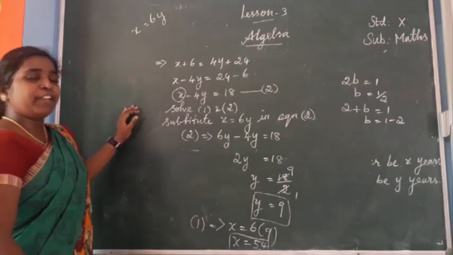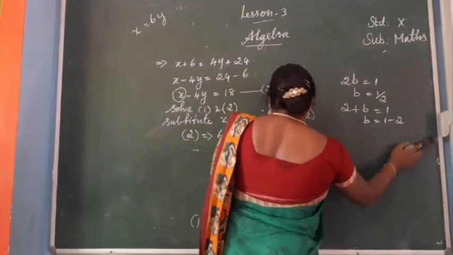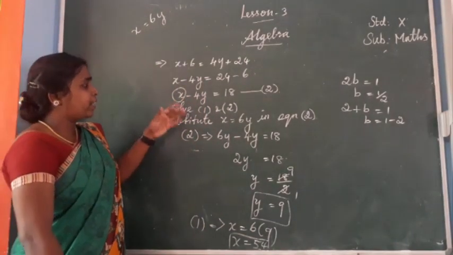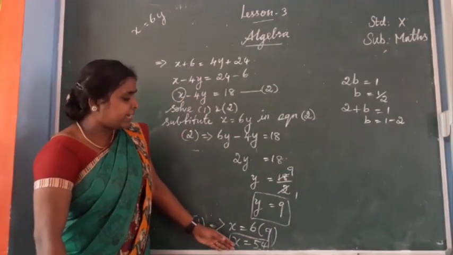In the first step we have taken the present age of father be x years, present age of son be y years. So the x value is the age of the father, y